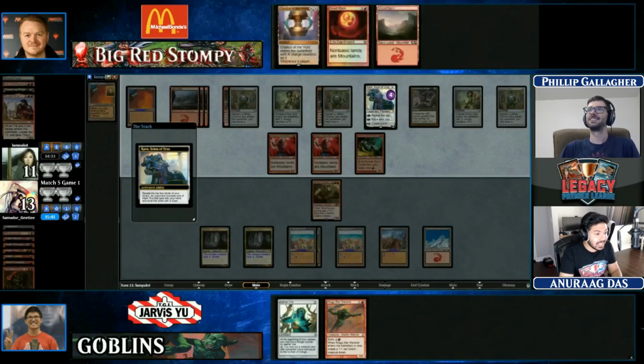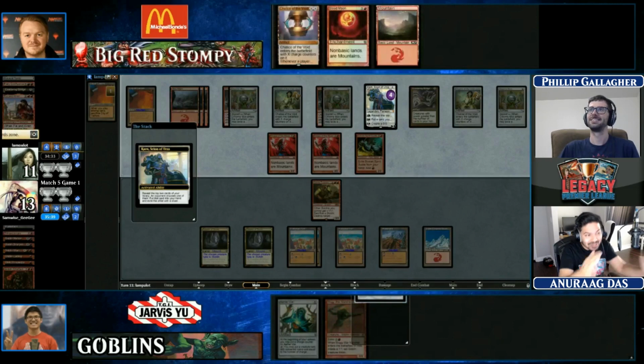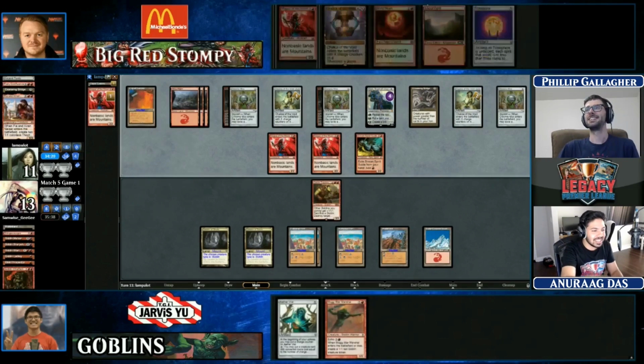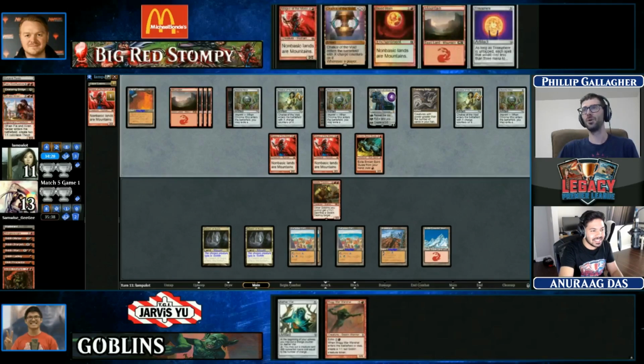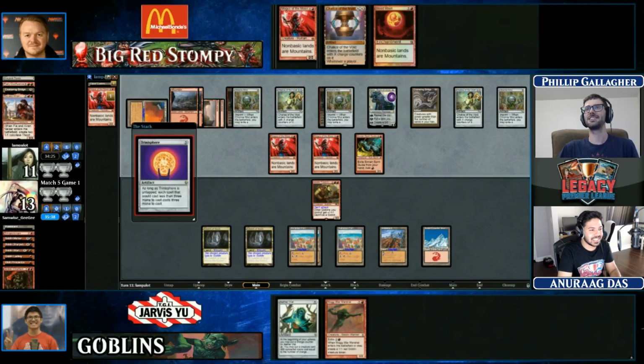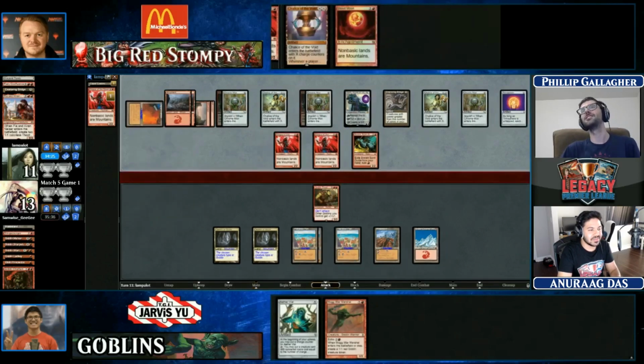But that being said, Jarvis just needs to draw one goblin that he can cast. Then he can kill the Chalice on 2, play the Mog War Marshal, and then get rid of 3 artifacts on the other side of the table. Now everything's expensive to...